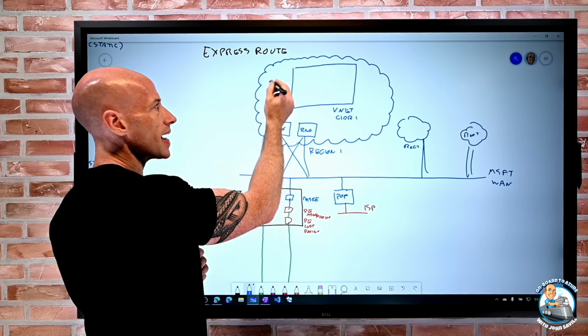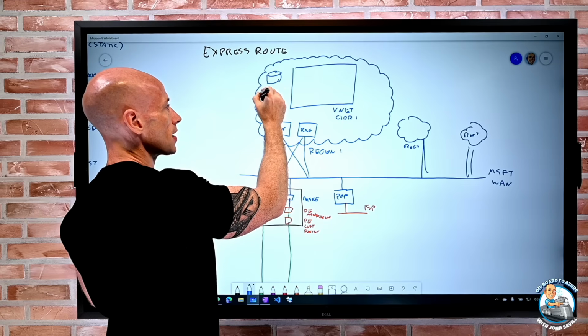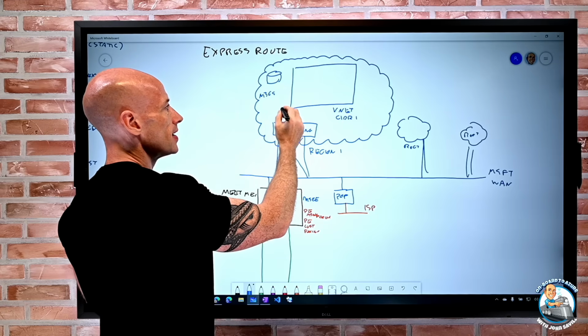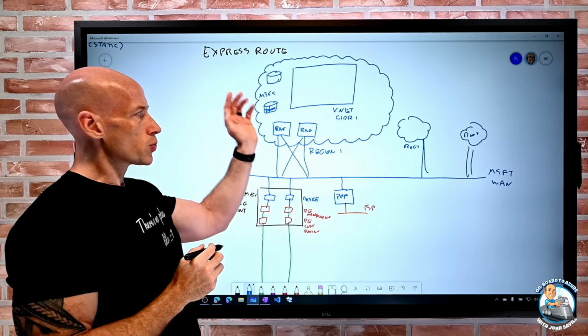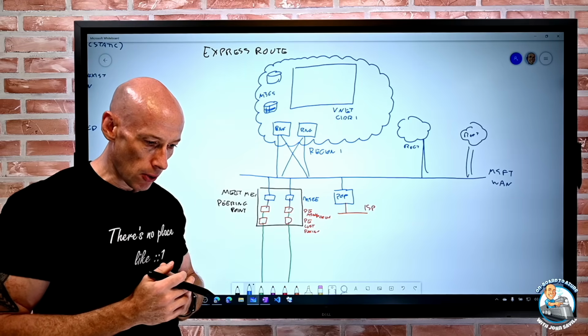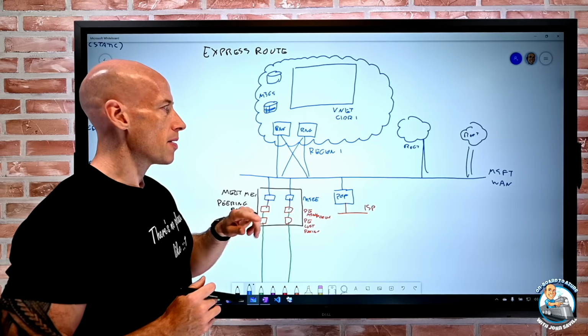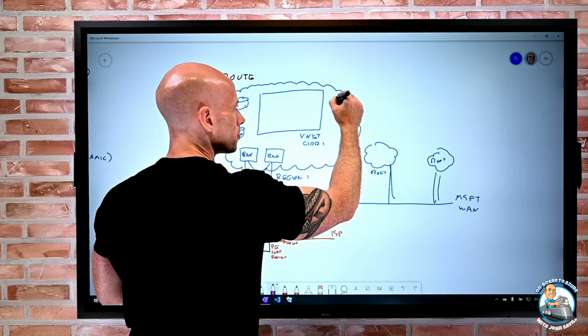Microsoft peering would be, hey, there's other types of service in Azure. There's maybe storage accounts. There's even things like Microsoft 365. There's SQL. There's all these different things. I want to use those, but those don't live in a VNet. But I want to be able to get those advertised as well. So let's start with private peering. So if I think about private peering,